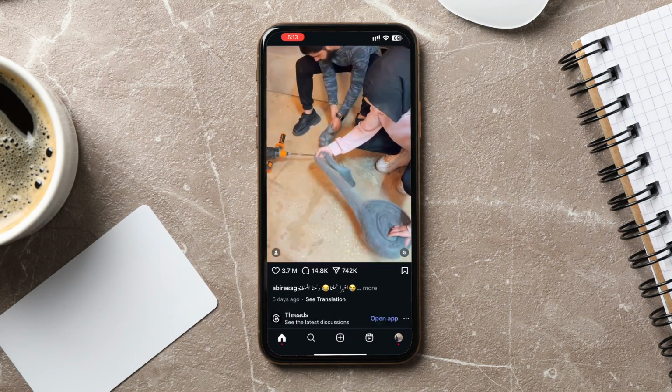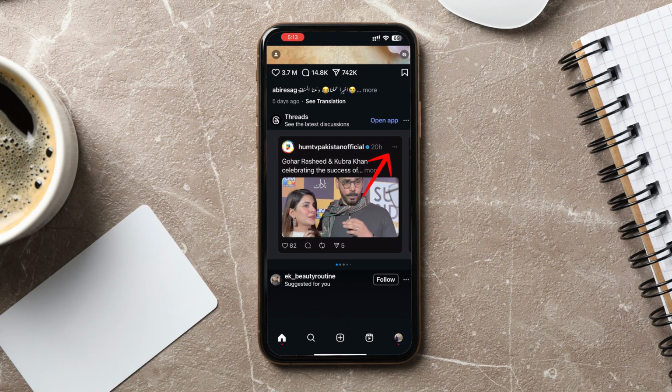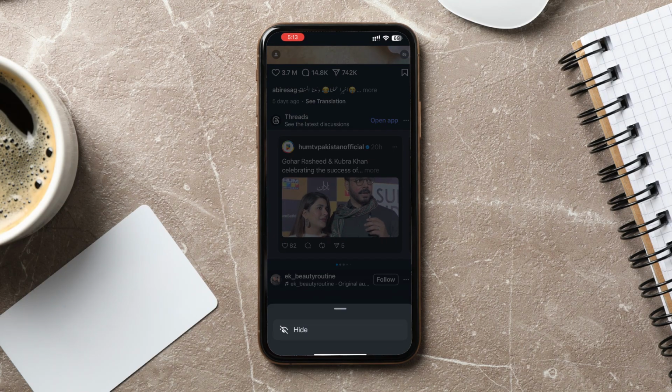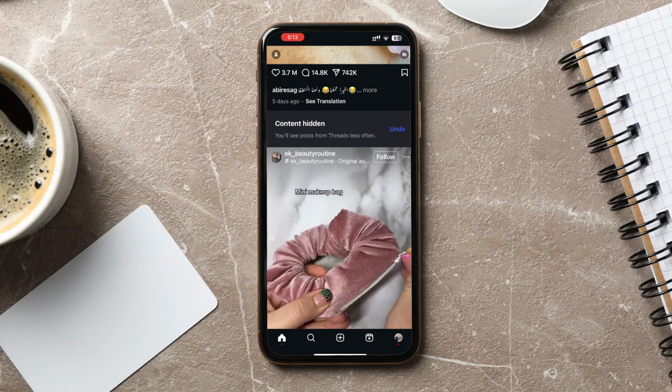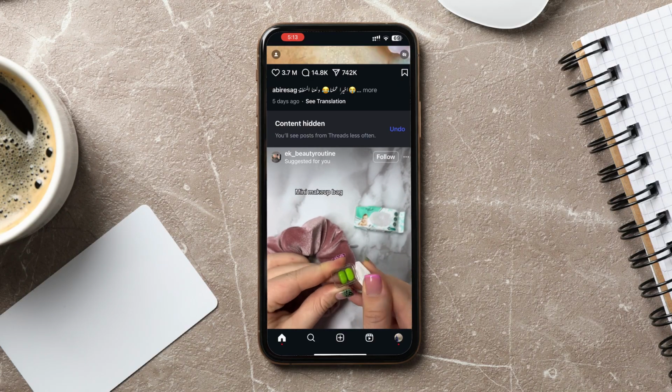When you come across a Threads post in your feed, tap the three-dot icon in the top right corner of the post. From the menu that appears, select Hide. This will remove the post from your feed and help Instagram understand that you are not interested in seeing Threads